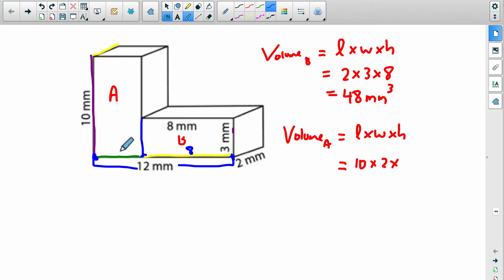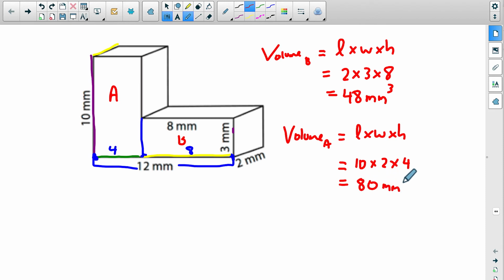Well, the 8 plus something has to equal the 12, so this amount right here must be 4. That way we have our 4 plus another 8. It gives us our 12 total. Alright, so we are going to also multiply by the 4. 10 times 2 is 20, times 4 is 80